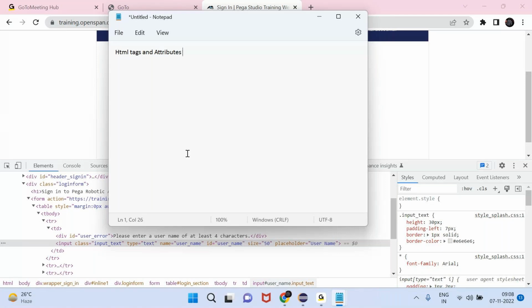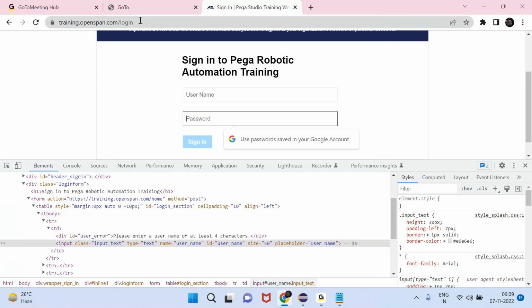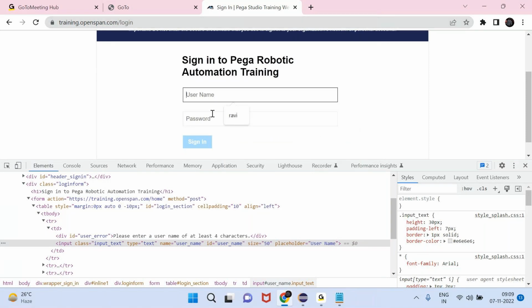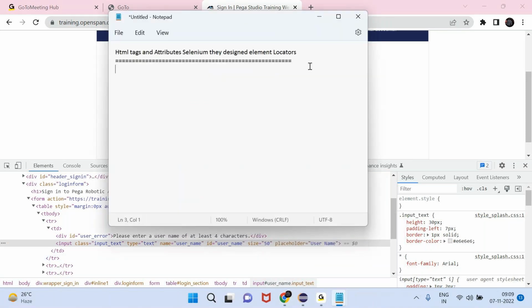Selenium professionals, who invented Selenium, designed element locators. Even from the name itself, element locators: how to identify the element. This is one web element. These are the web elements because we are accessing them in a web page. This is one web element. This is one web element. This is one web element. To identify web elements in a web page,